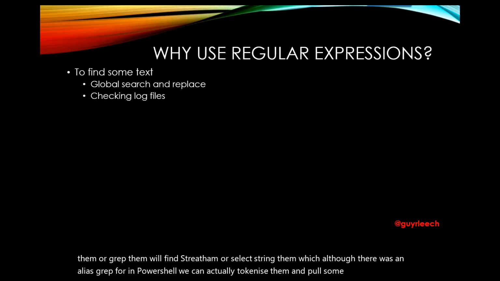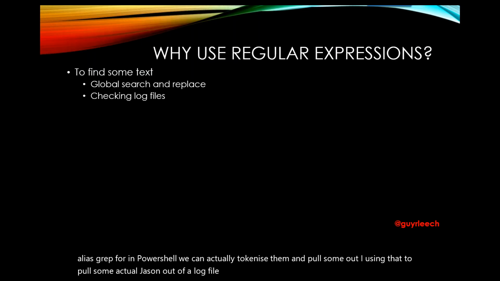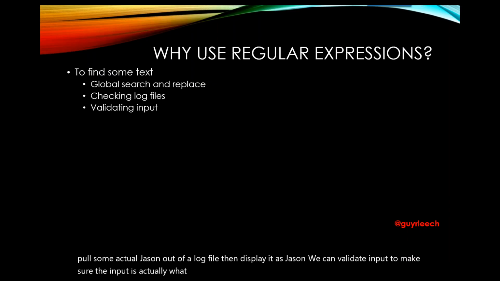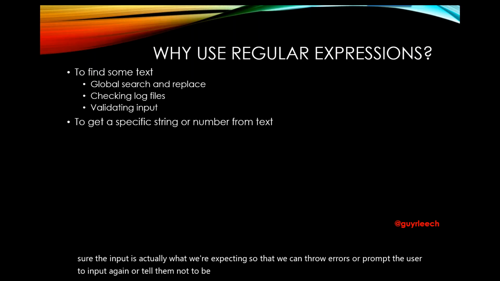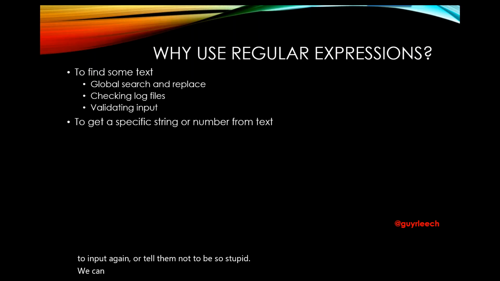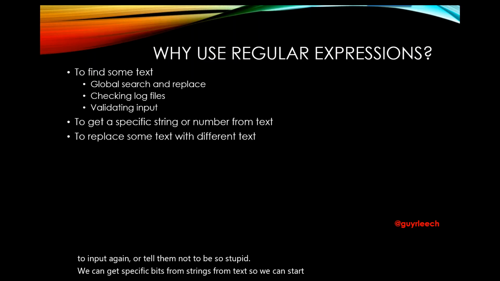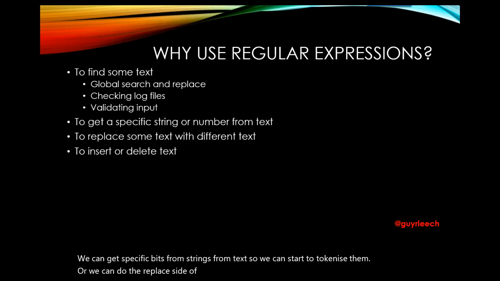I was using that to pull some actual JSON out of a log file the other day and display it as JSON. We can validate input to make sure the input is actually what we're expecting, so that we can throw errors or prompt the user to input again or tell them not to be so stupid. We can get specific bits from strings, from text, so we can start to tokenize them, or we can do the replace side of things, insert some stuff, so we can do automated editing of text